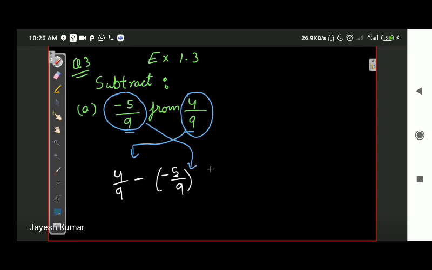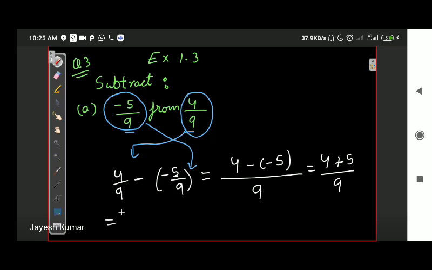Okay, now what we do is we take the common LCM, the common denominator, which for this case is 9, and we write the numerators as they are. Okay, this will be 4 plus 5 upon 9. Finally, you will get 9 upon 9, and the final answer is 1. Okay, so if the denominator is same, we take the common denominator and we solve accordingly. Let's take another example from your book.